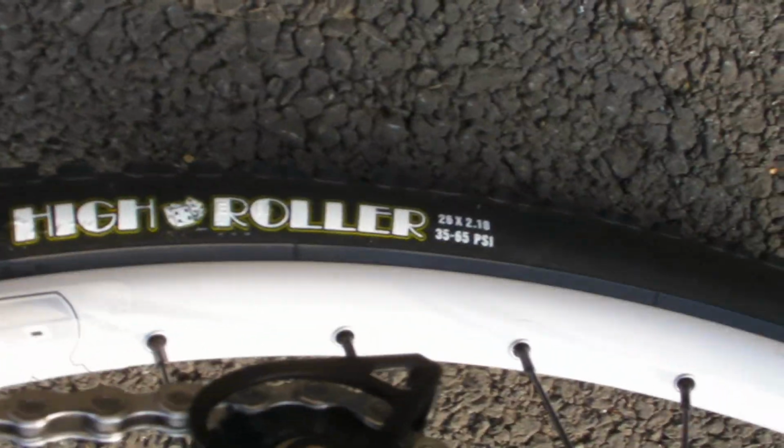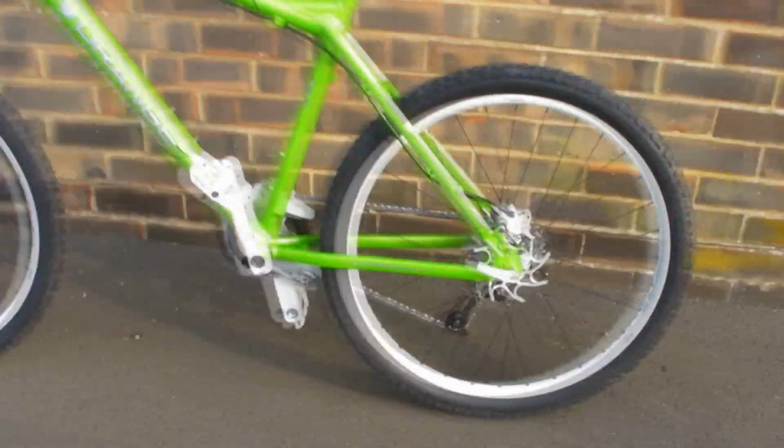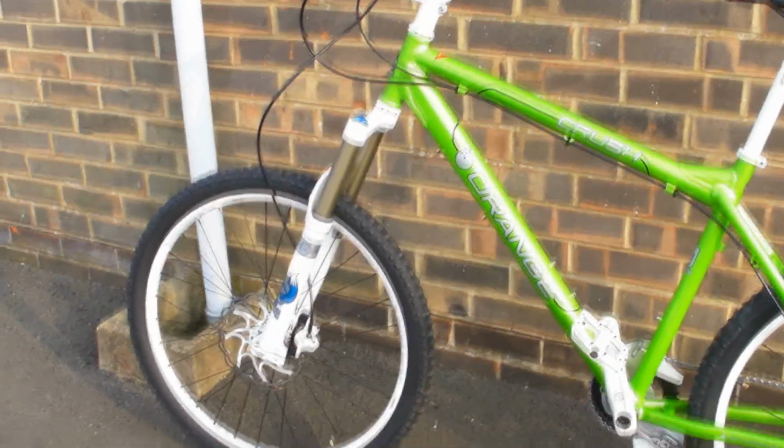I didn't really show you this very well, of the High Roller. So they're just 2.1 in width, but then with a really high compound. I think they're 72A I got on this, because I bought them just so that they were real low resistance. But anyway,